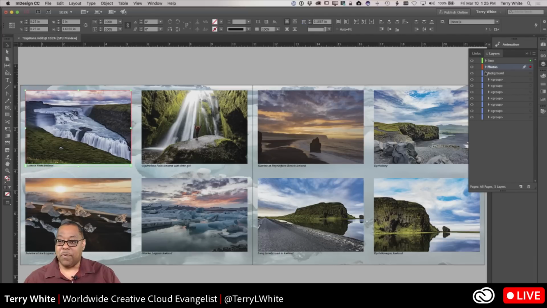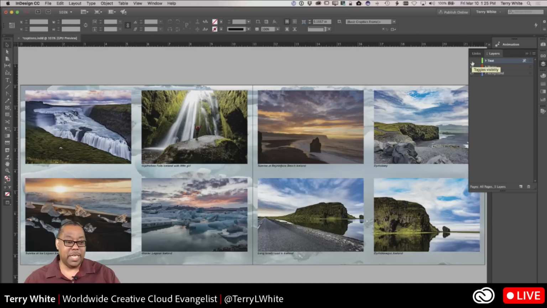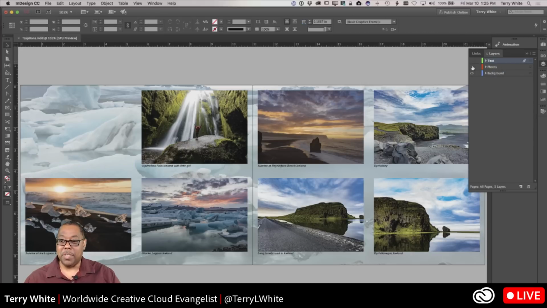And so now for that one group that I have, that's the photo, that's the text underneath it. If I turn them both off, they both go away. So this will allow me to keep things organized from a standpoint of layering the things I need, turning them on and off when they're in the way, locking them down when I don't want to accidentally move them, and